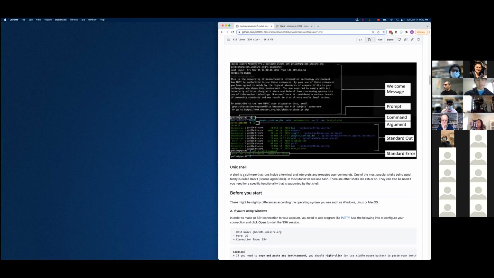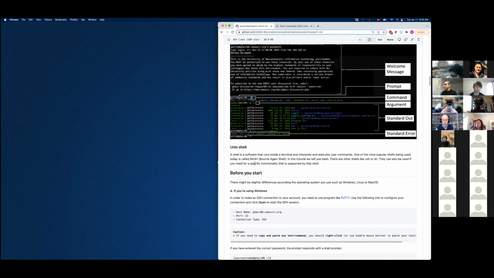Right? So for most people, these are details that are not going to be necessary, but it's good to know. When somebody says, okay, this is a bash shell, for example, and this is a ZSH shell, you know that they are talking about the software that's running within the terminal.